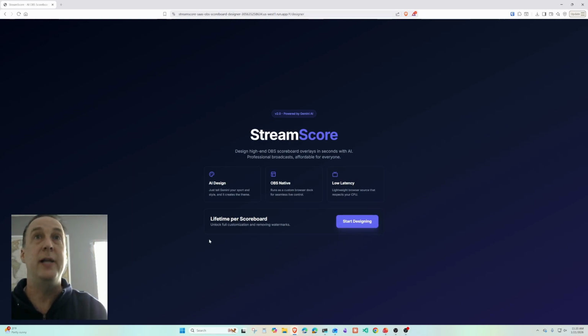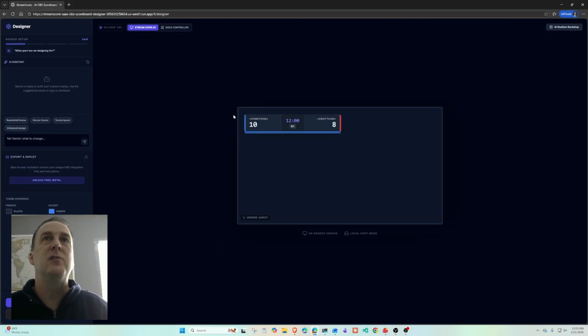If you start designing, this is the default scoreboard that it loads with. Basic, very basic scoreboard. A couple things we want to focus on here. There's two kinds of layers of design. What we're doing right now is designing the structure and the placement of the scoreboard. When you deploy it to OBS, you're going to have some features that you can customize within